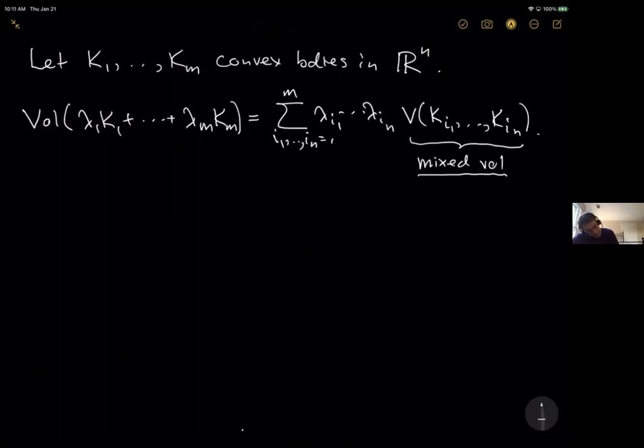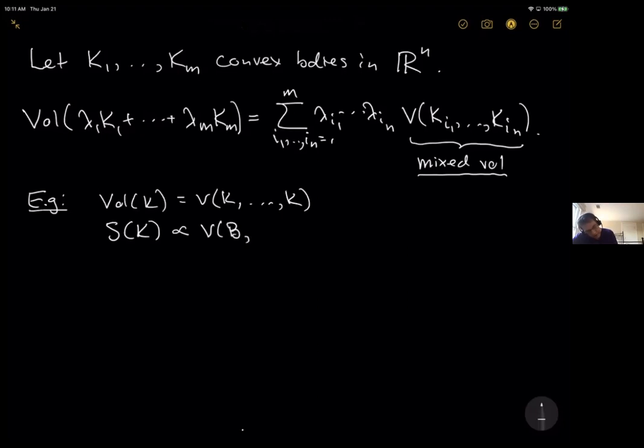Okay, so for example, the three parameters I've already discussed are just very special examples of mixed volumes. So the volume of a convex body K is just a mixed volume where I plug in the same body K for all of the n parameters of the mixed volume. But if I take the surface area of K, up to some numerical constant depending only on dimension, I think it's just n, but I always forget what it is, I have to compute it, this is the mixed volume where in one slot I plug a Euclidean ball, so B is a Euclidean ball, and in the remaining n-1 slots I plug the convex body,